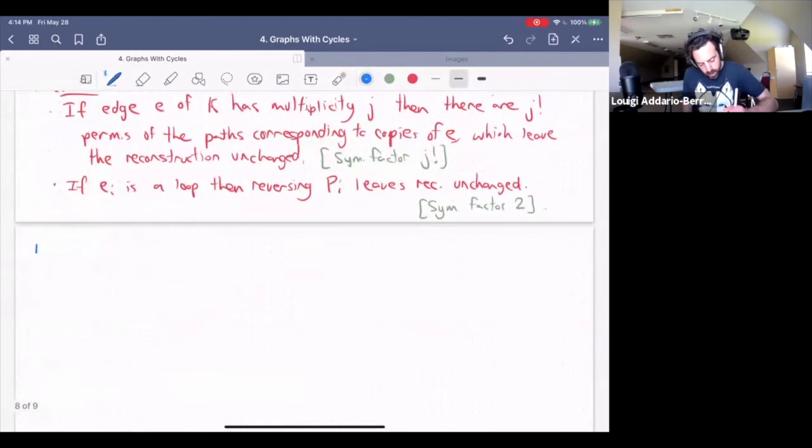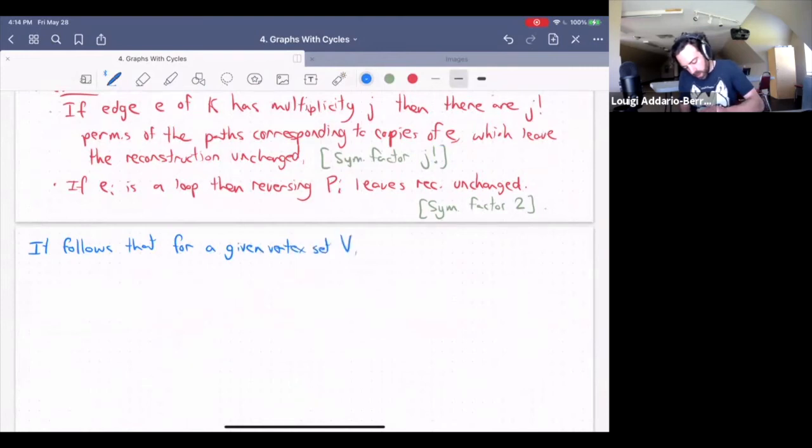And so this tells us that if you fix a given vertex set phi, then the number of cores with the property that the vertex set is phi and the kernel of C is some particular kernel K